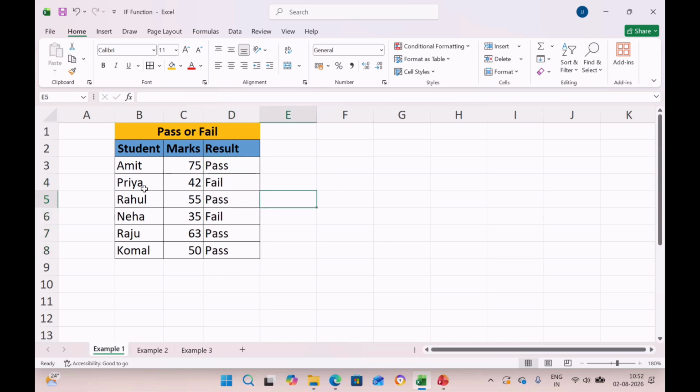You can see over here Priya has obtained 42 marks and she fails because the minimum passing marks is 50. Similarly, Neha also obtained 35, it is fail, and others are pass because they have obtained more than or equal to 50. Let's